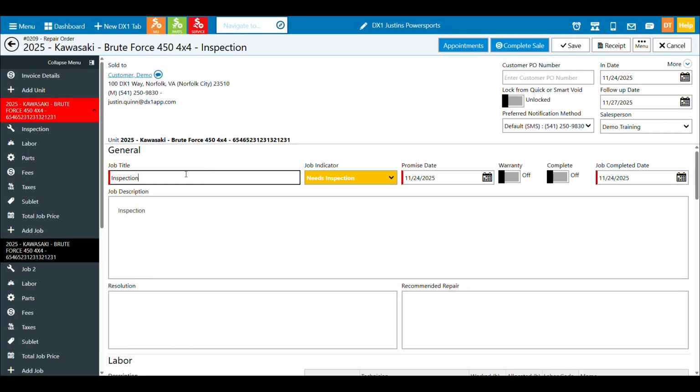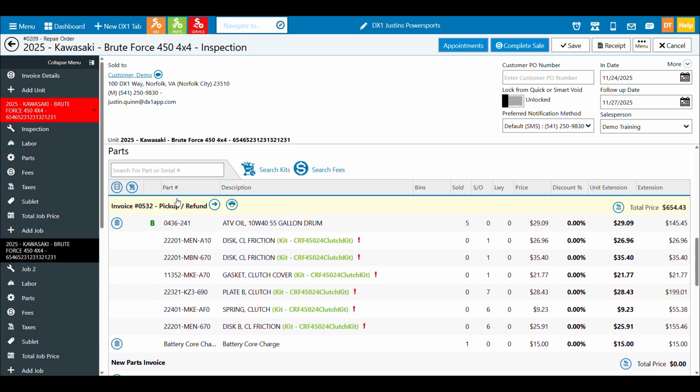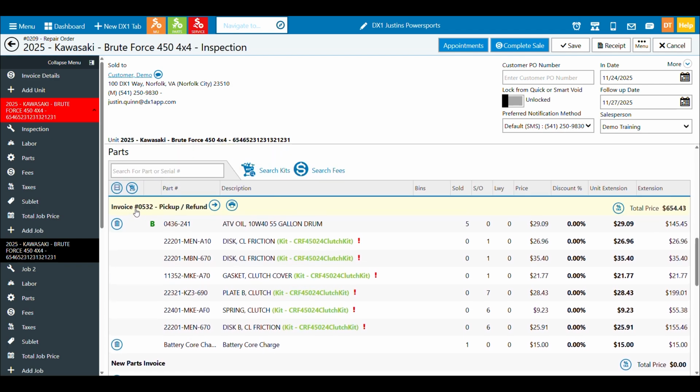And now what this will do is when I go back to my parts, you can tell that it's taken my invoice off hold and it's now sold any of the parts out of inventory. They should be for this job now, and anything that needs to get special ordered is in the ordering screen ready to be ordered. All right, so those are really the main components of the difference when you go from a work estimate to actually converting a work estimate to a repair order.